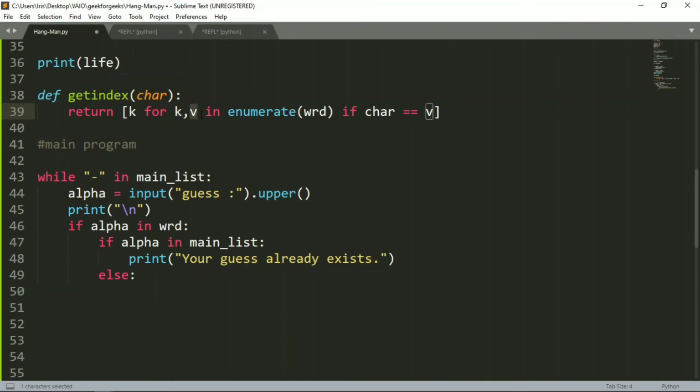It returns the index, that is k, and v is the element of the certain word. So if our character is equal to that alphabet present in the word, it will return its index. Again, if the alphabet that we are choosing is present in the list, it will return its index.